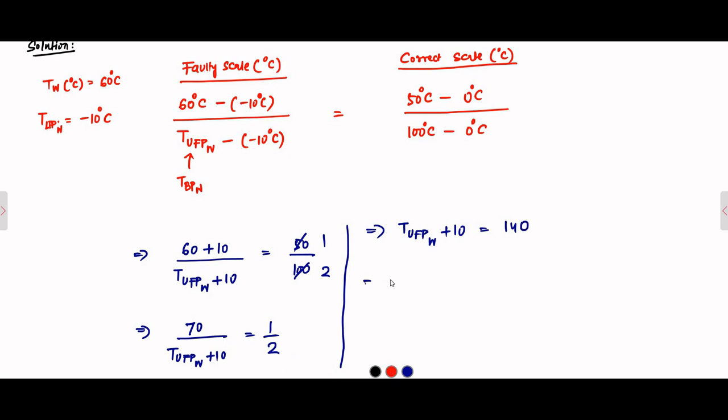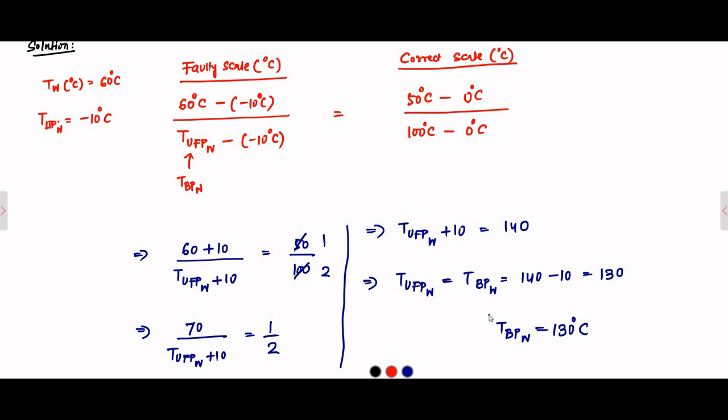That implies TUFPW, which is the upper fixed point of the wrong scale or the faulty scale, or the boiling point of the wrong scale, that is equal to 140 minus 10, which is equal to 130. So the boiling point or the upper fixed point in the wrongly calibrated or faulty thermometer, that is 130 degrees